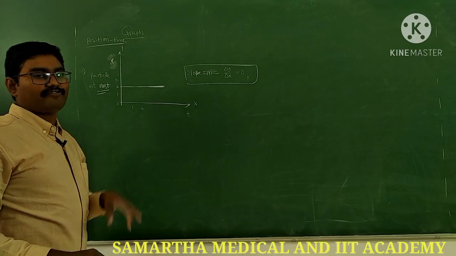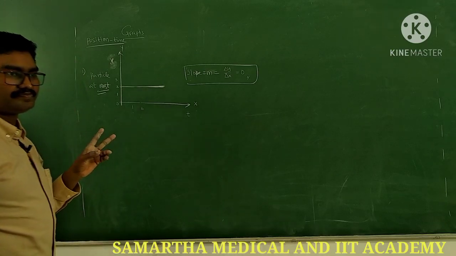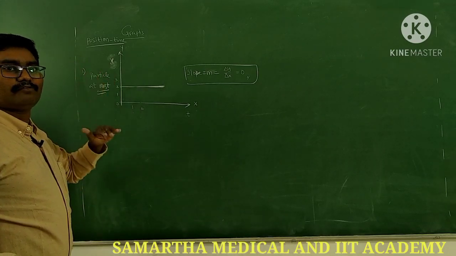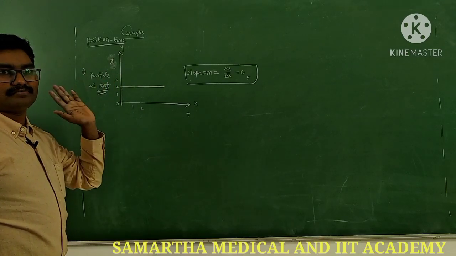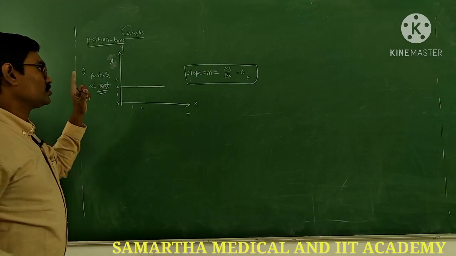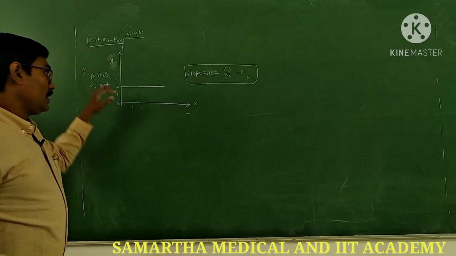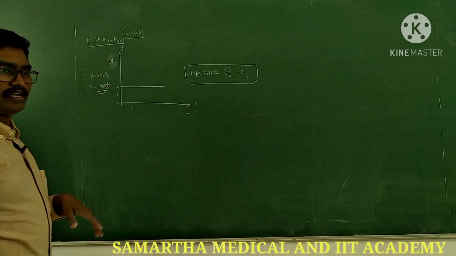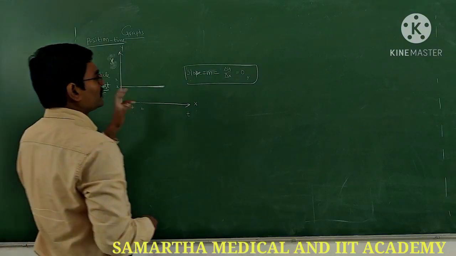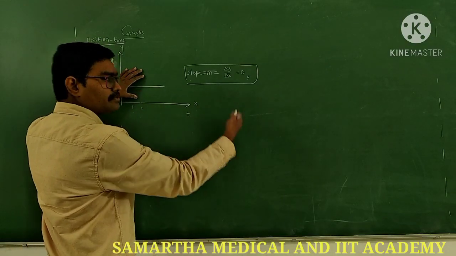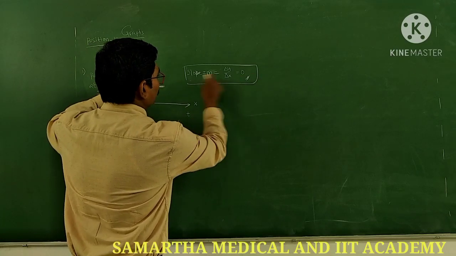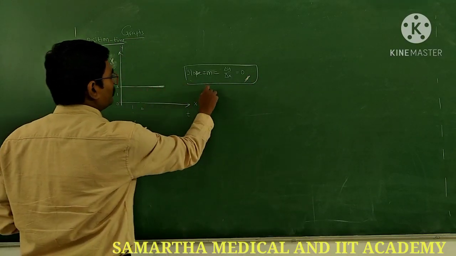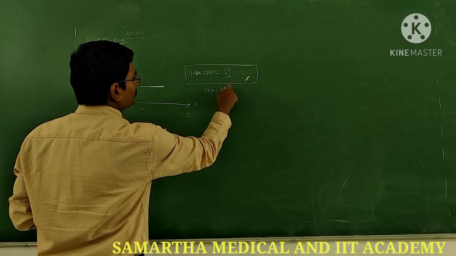For any graph, we can consider two things. One, slope. Second one, area. Slope is what? Instantaneous slope and average slope we will take, between 2 points on a chord. For next examples you can understand easily. So slope m is equal to 0. Slope gives you what? Velocity. So velocity of the particle is 0.